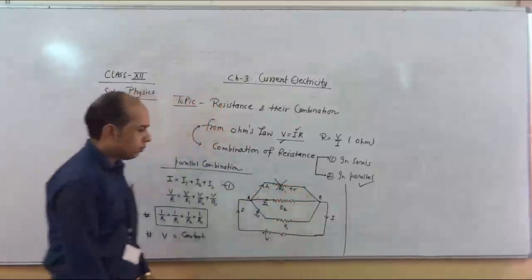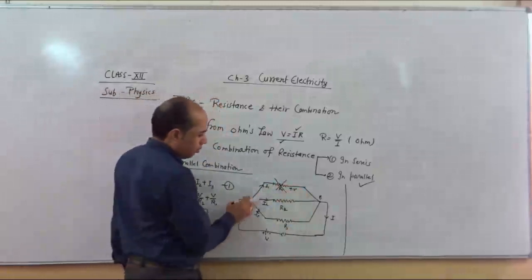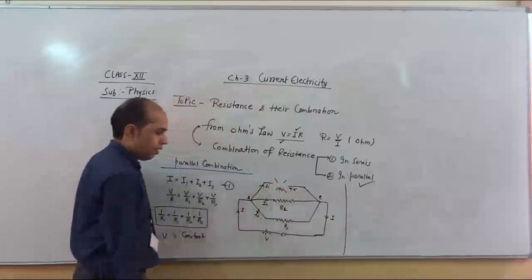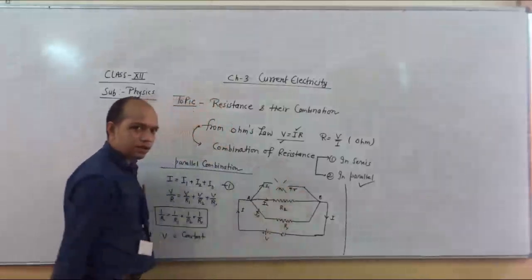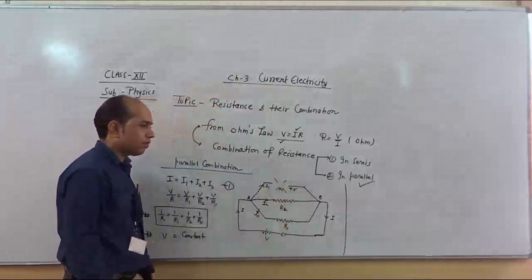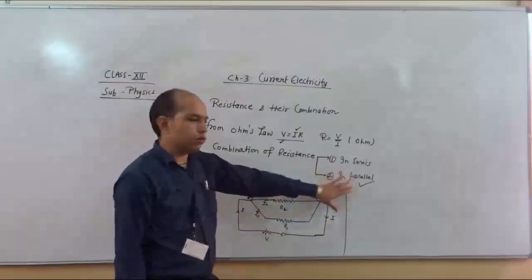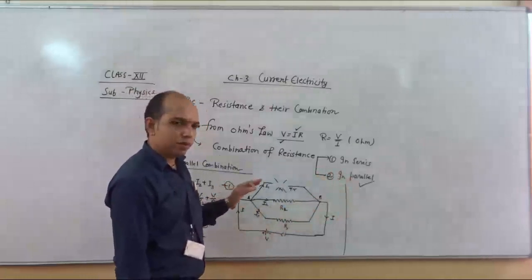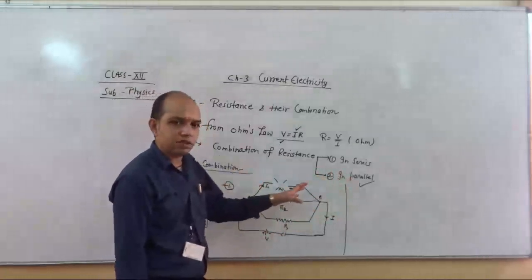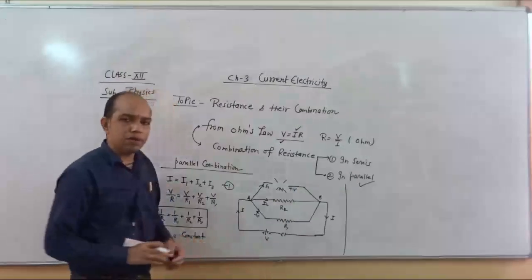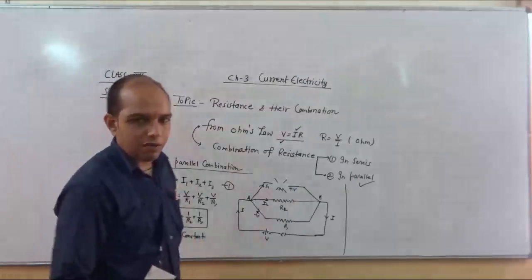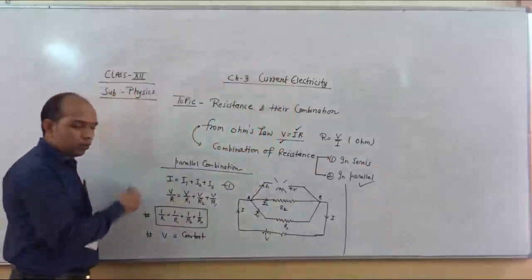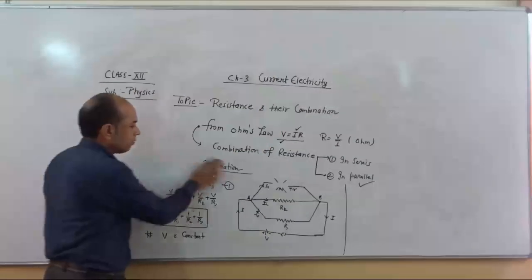So suppose one of the appliances breaks, for example here the TV breaks by some fault. What we see in this diagram is that only the I1 current is broken. The rest, I2 and I3, continue. That means parallel combination is effective in household because if any one of them stops, the rest remain working. So parallel combination is better if we compare with series combination. This is one of the ways to calculate the resistance in a circuit.